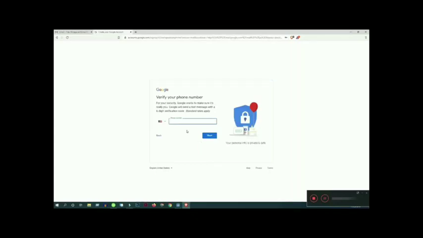You put your phone number here. Firstly, you have to change your country code, then you put your number here. I am putting my phone number for verification.